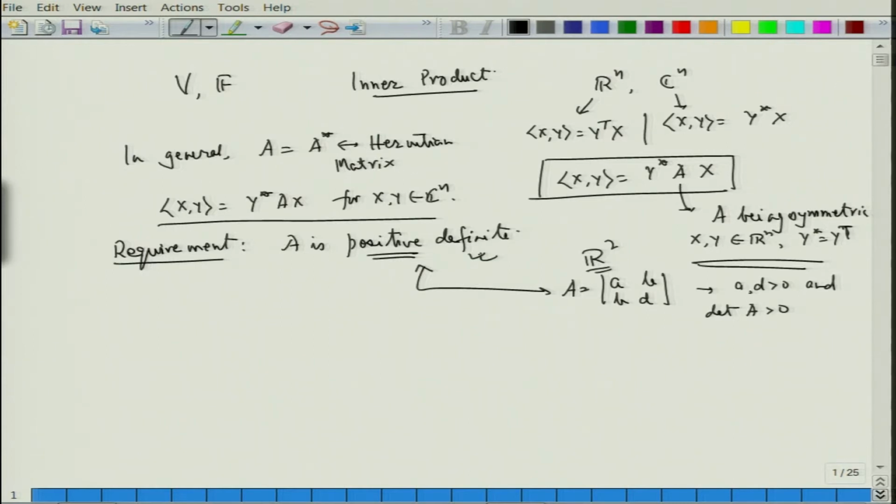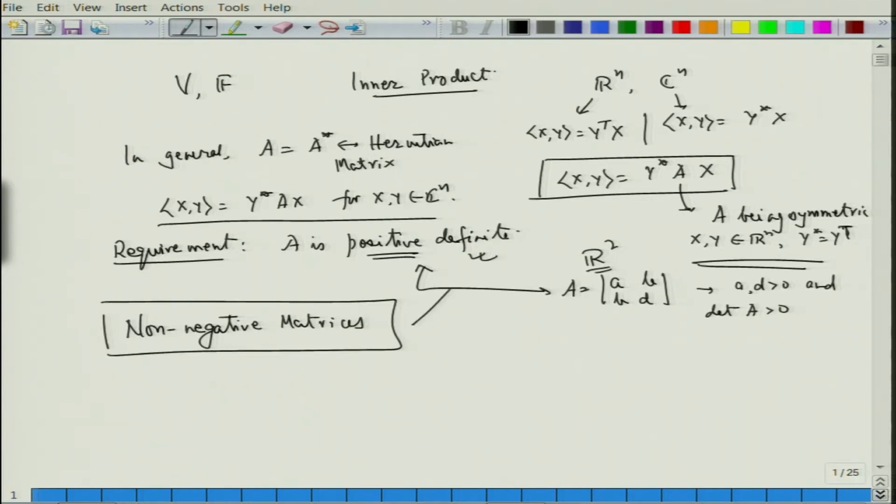There is a difference between positive definite and the notion of what is called non-negative matrices. These are two different things, all right. This and this are two different entities. So positive definite does not mean that you are looking at entities with positive signs. What positive definite basically requires us to have is,